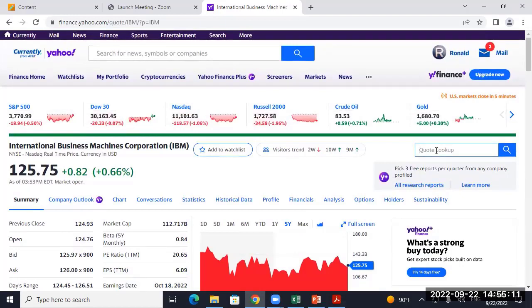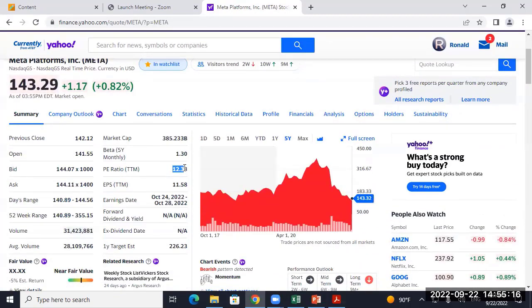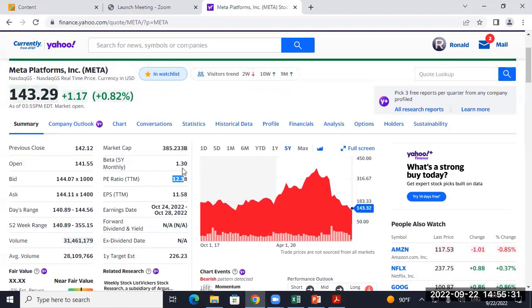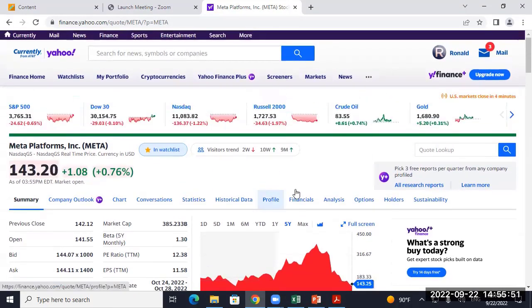So Facebook, Meta. Meta has a PE of 12. That's a really low PE ratio. So that puts them more as a value stock than a growth stock. Is Facebook, is Meta now a value stock? So I mean, that's what you're looking at. Why is Facebook so cheap? You can get Facebook for less than half what you have to pay for Walmart. Part of that's because Walmart's a low risk company and Meta's a higher risk company. But part of it is that the stock market has just given up on Facebook. Is that logical? It could be.